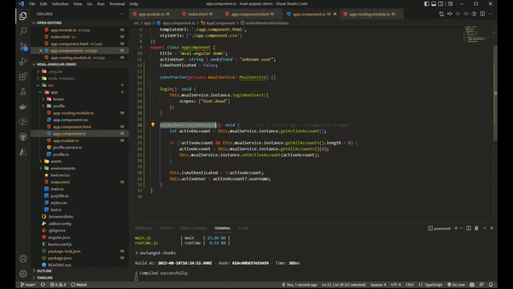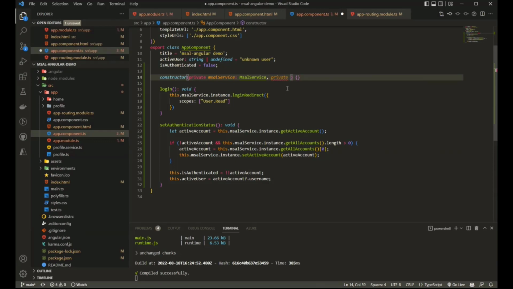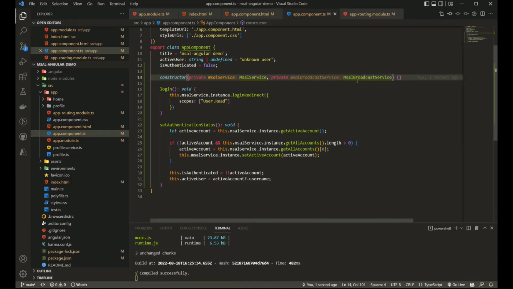Now, where should this function run, or when it should run, more appropriately? So whenever you're checking accounts in MSAL, or whenever you're using a login or acquire token APIs, you'll have to make sure that MSAL is not doing anything in that moment. And the way we can do this is that we can subscribe to the MSAL broadcast events, and they will tell us if there is any other action that MSAL is currently performing or not. So to do that, I'll use dependency injection to import this guy. There we go. And now that I do this, I also need to declare this as a provider.